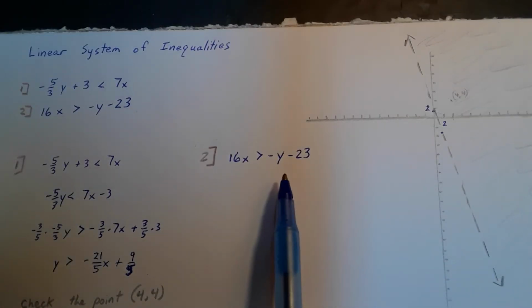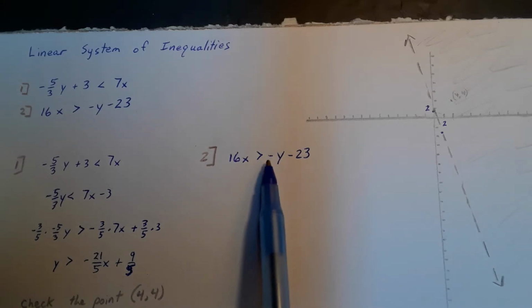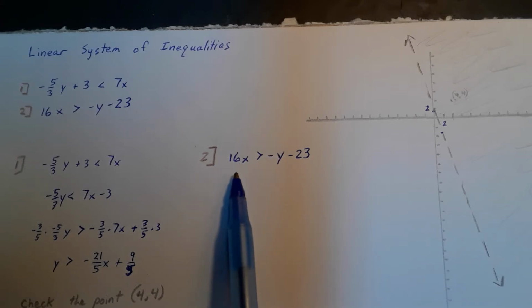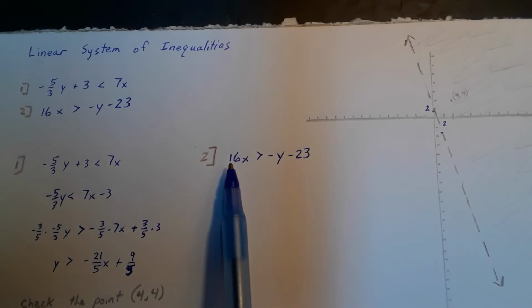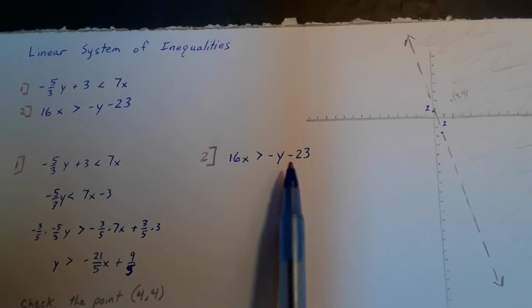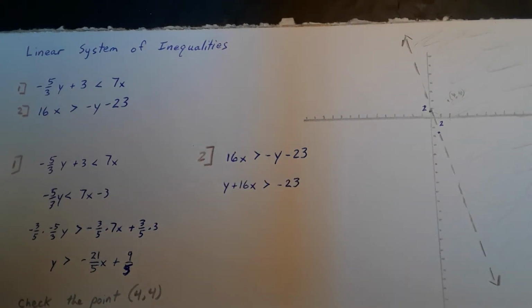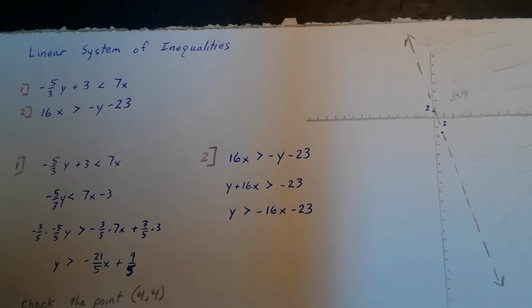Alright, I have the second equation written out here. I'm going to move this y over to the left-hand side. Since it's a subtraction here, I can add it to both sides, and I'll have a positive y over here. And then I will subtract this 16x from both sides so that we move the 16x over to the right-hand side. And at this point, we have a slope-intercept form, and we can go ahead and graph this